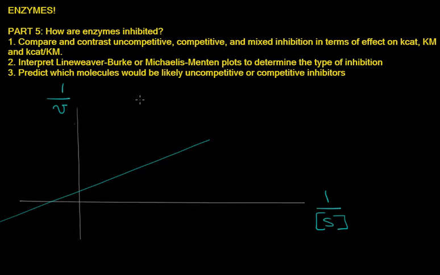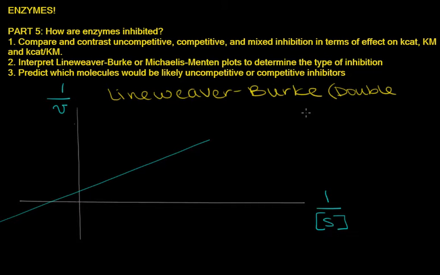So first off, I'm going to explain the plot in front of you. This is what's called a Lineweaver-Burke plot. Lineweaver-Burke looked at those hyperbolic plots for the Michaelis-Menten plots and was like, oh no, we can do this so much better. This is also called a double reciprocal plot. Because all Lineweaver-Burke did, if you remember back to the Michaelis-Menten plot, what we plotted was the concentration